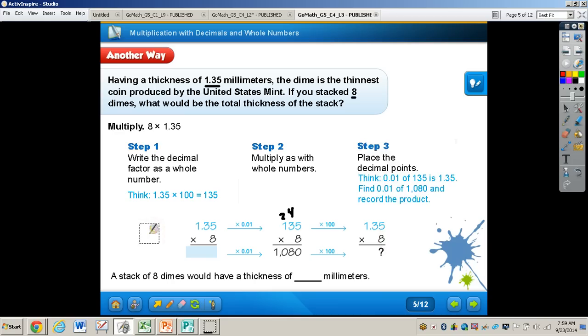Now, step 3, we need to place the decimal points where they need to go, because this is not our answer. Okay, 1080 is not our answer, and we know that because we have changed that 1 and 35 hundredths to 135. So what we did is, it's important to know that these actually should be 100 here. Okay, and so you multiply by 100 to get to 135, and then multiplying by 100th, 0.01,